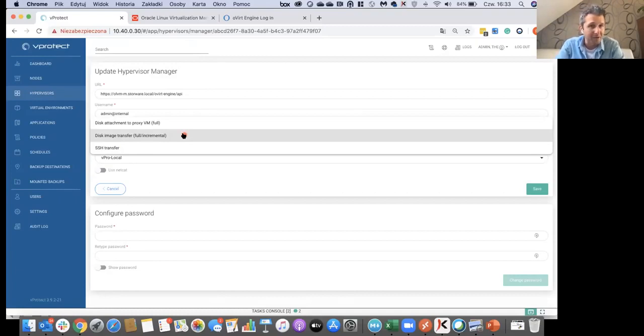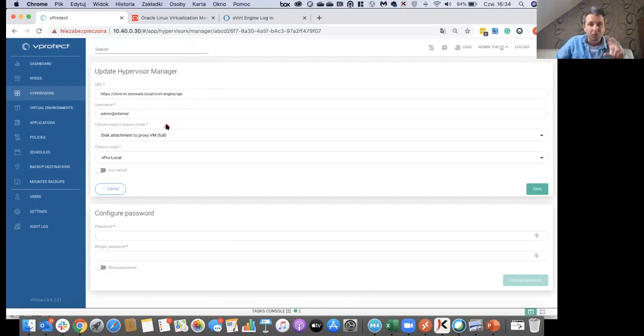We spoke about the 3 of them. I just use the disk image transfer because, as you know, there is no need to install the node on the cluster itself. If I would choose the disk attachment, the node should be there. I don't have it on my demo, that's why I'm choosing the disk image transfer and the SSH. If we have the SSH, of course, we should provide the proper password below. So after I add it,